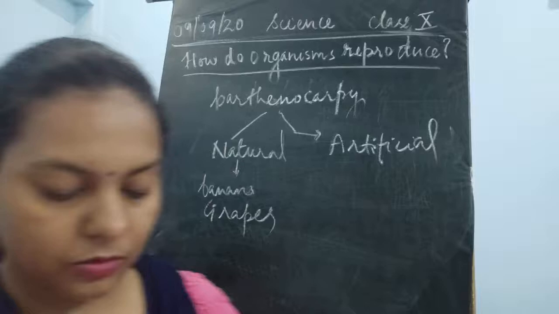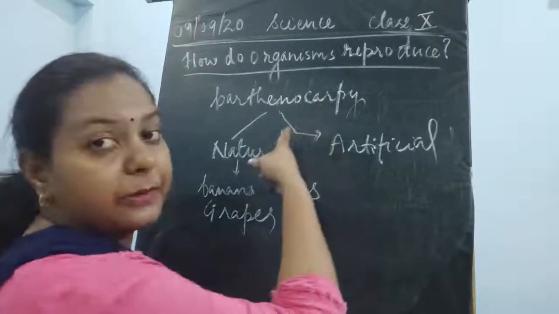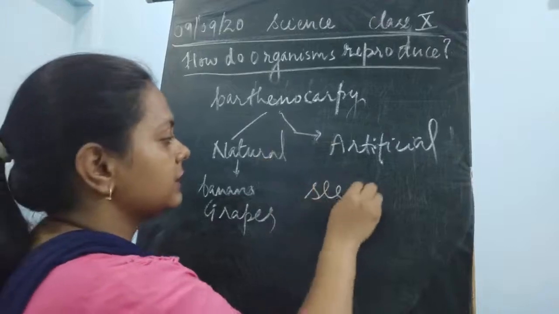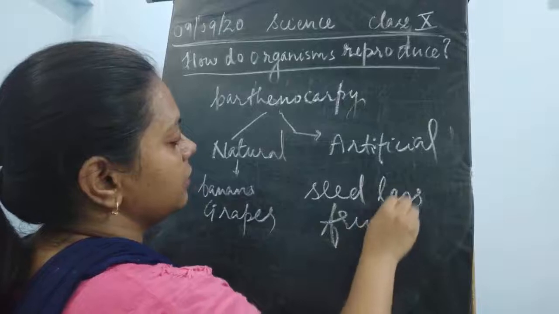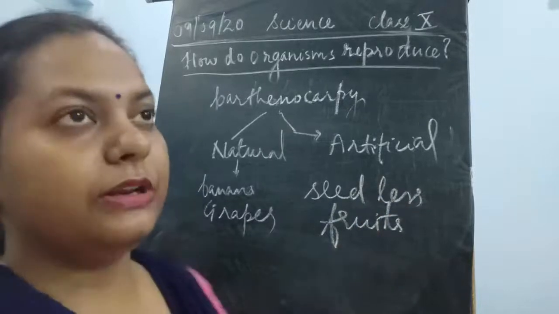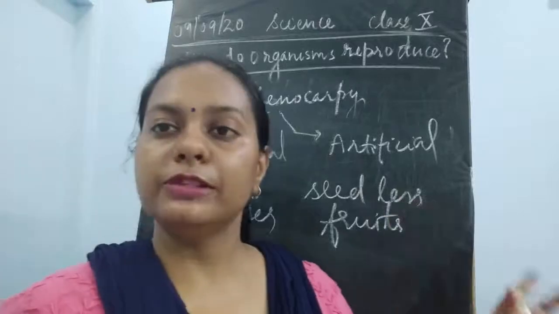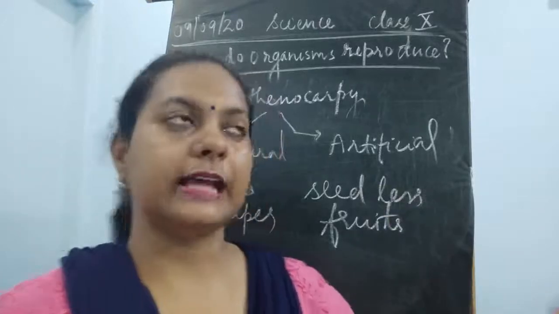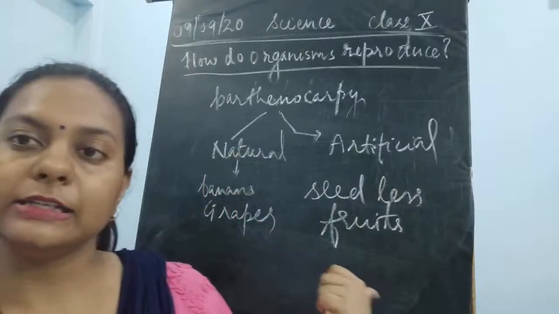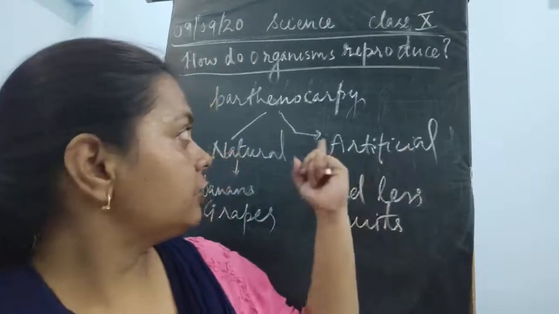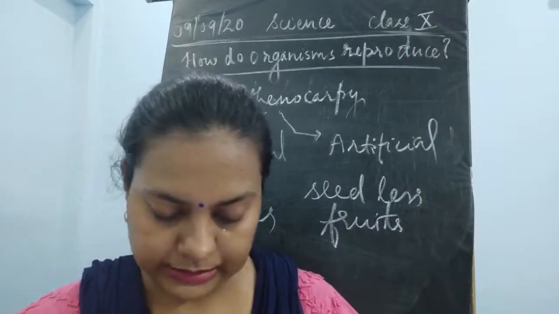So these are also known as seedless fruits. Parthenocarpic fruits are also known as seedless fruits. Please remember, we have to read about this parthenocarpy only in a very superficial manner, which means that fruits are developed without fertilization. Examples of such parthenocarpic fruits are seedless grapes and seedless bananas. And it could also be done artificially with the help of certain growth regulators.